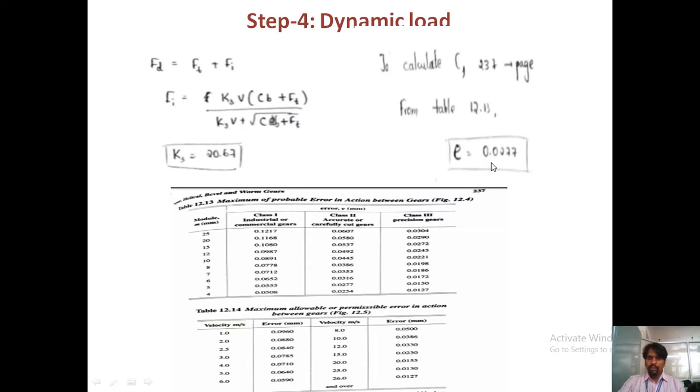By using this E, we need to calculate the dynamic load factor C. We know that the pinion is made of steel and the gear is made of cast iron. So first we need to go for the material. This is cast iron and steel 14.5 degree, this is 20 degree involute system. So steel and steel is not required, nor cast iron and cast iron. Our requirement is the material cast iron and steel 20 degree.